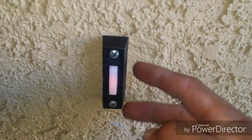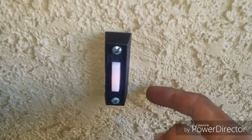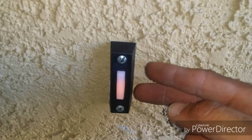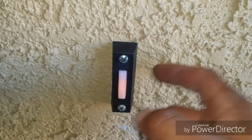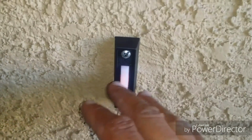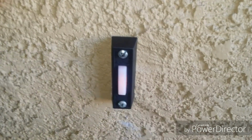Remove these two screws on the back. There's one wire up top, one wire on the bottom. You can tap those two screws, and if you do hear the chime kit working, then you know it's the actual doorbell. But we know at this point that the doorbell's working, so now we're going to look at the